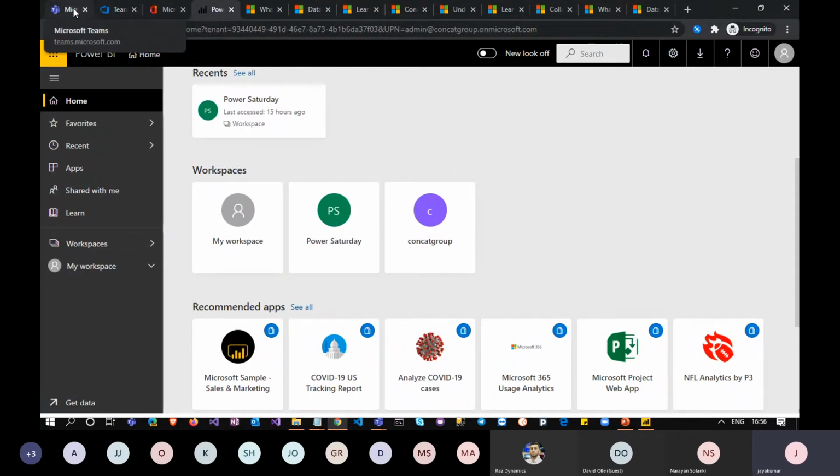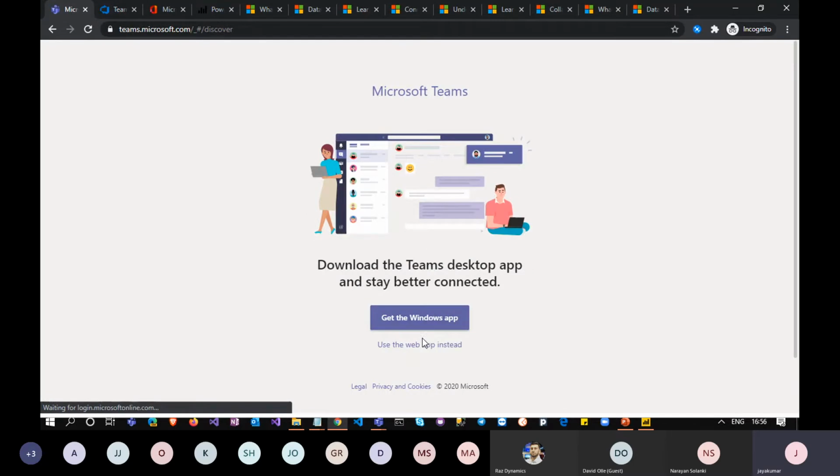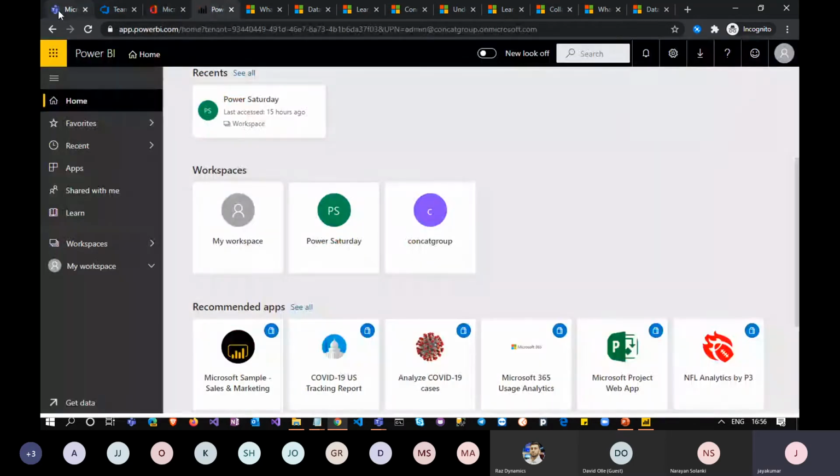Teams is already connected, so now I'm going to create one team. Then it will appear automatically here as one of my workspaces.